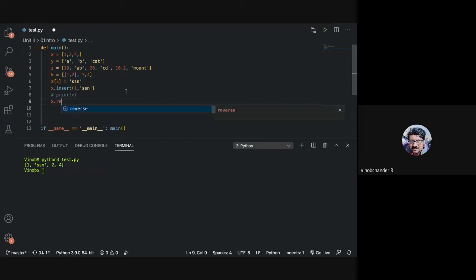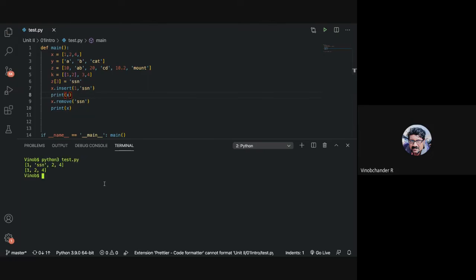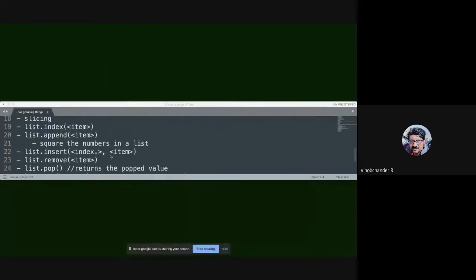Now I can say x dot remove, and then you can specify the item. SSN is removed. Yeah, so that is remove, right?